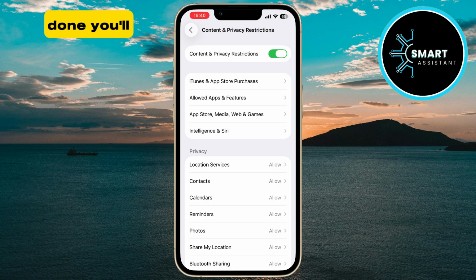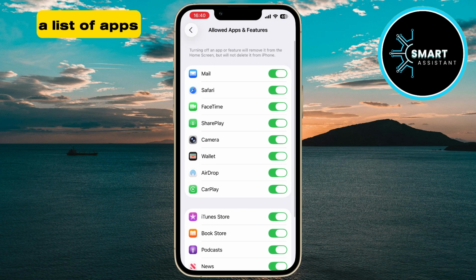Once that's done, you'll see various options here. Find Allowed Apps and tap on it. When you enter, you'll see a list of apps that are currently allowed. All you need to do is find Mail on the list and toggle the switch next to it off. Once you do this, Mail will immediately disappear from the home screen and won't be visible until you turn this